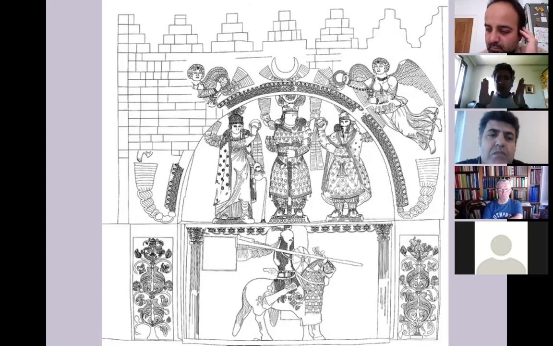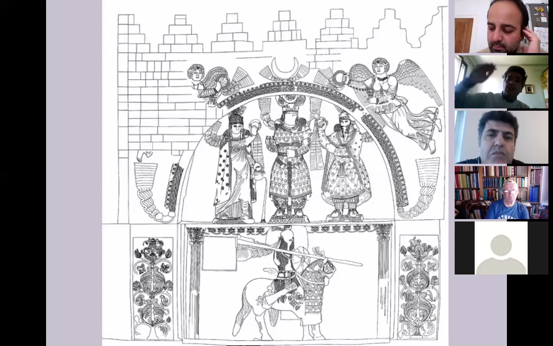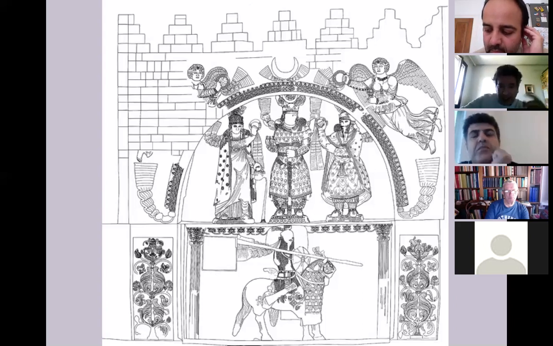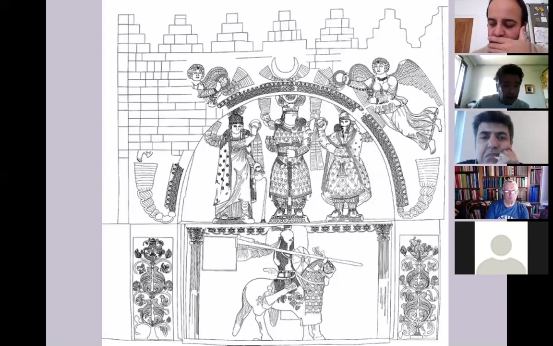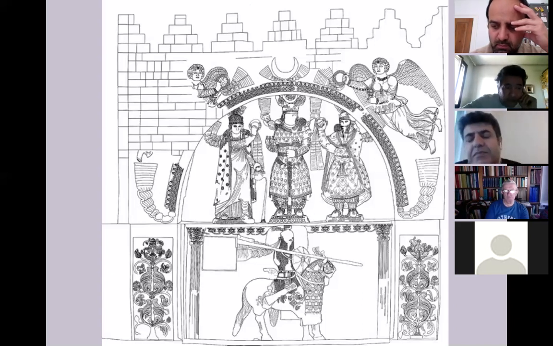So if you look at Taq-i Bustan just from this position, ideally reproduced in this sketch that you have in this slide, you see in the upper part Khosrow with two Mazdean deities, and in the lower part, possibly Khosrow repeated as a victorious warrior, the one who probably defeated Bustan. So you have to keep in mind these texts, sometimes very specific, like in the case of Mujmal al-Tawarikh, sometimes more vague, but not less important in any case.